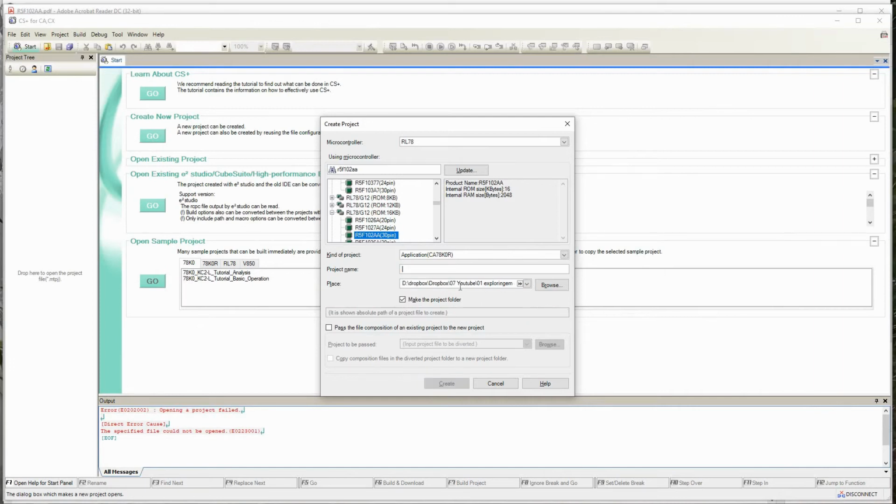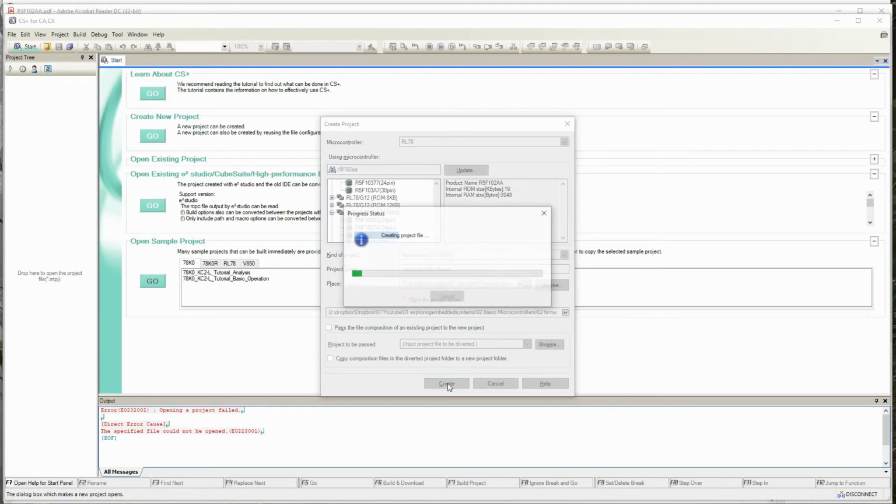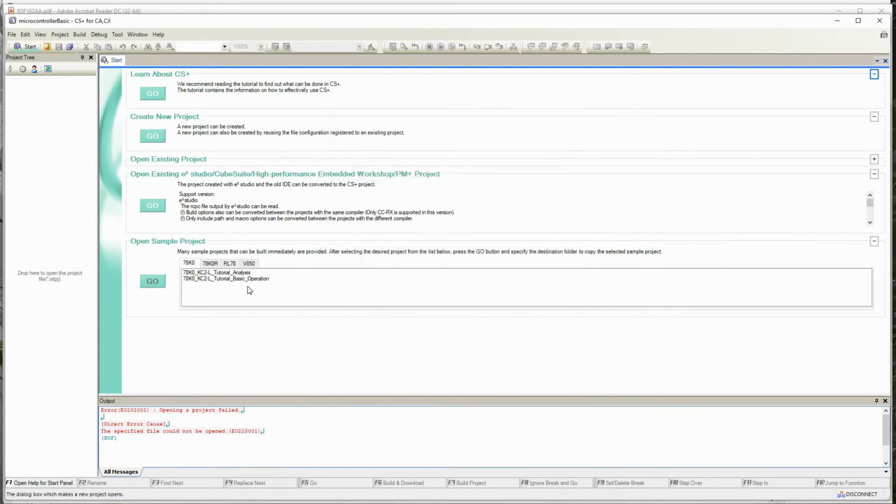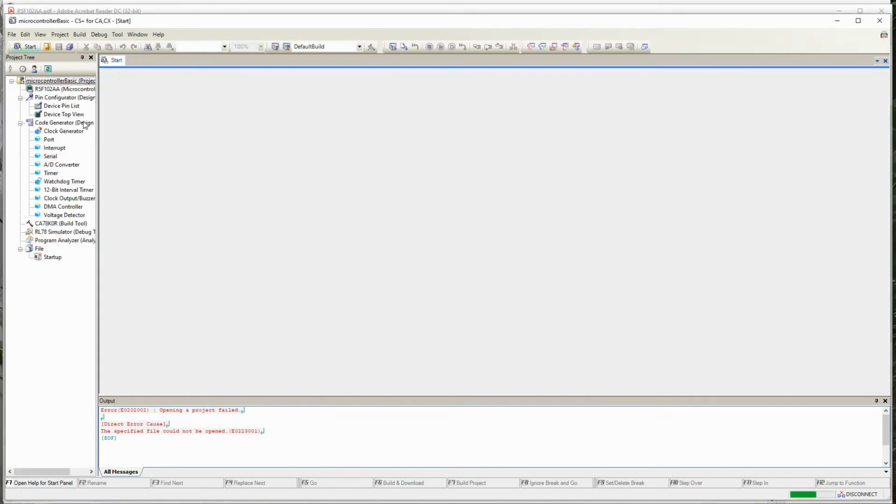The project name is microcontroller basics. Let me create. I generally use camel casing, where the first letter of each word is capital, so it's easier to read. So now I have created the project.